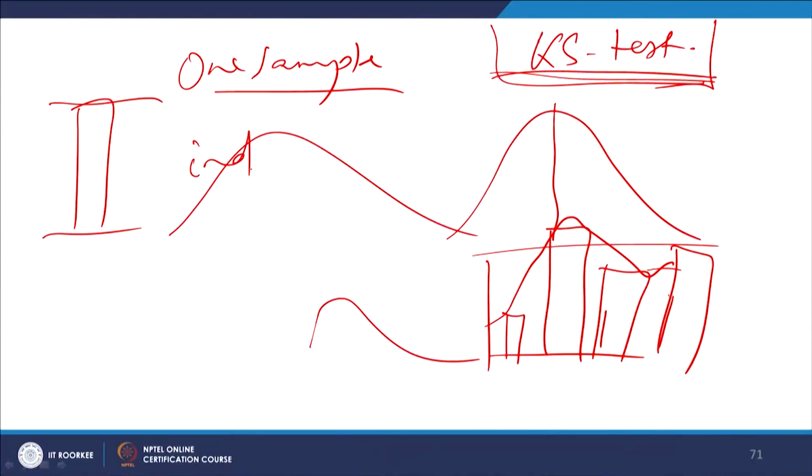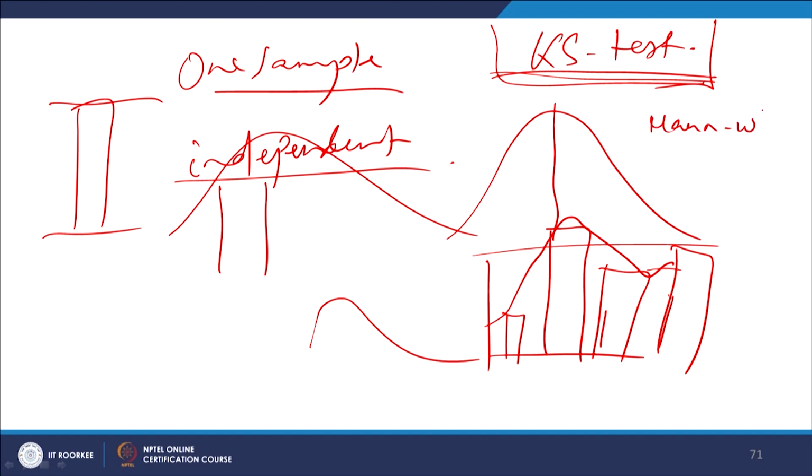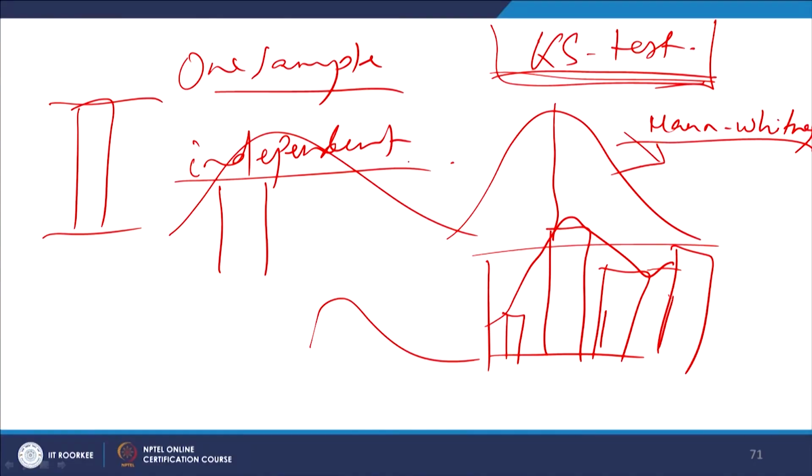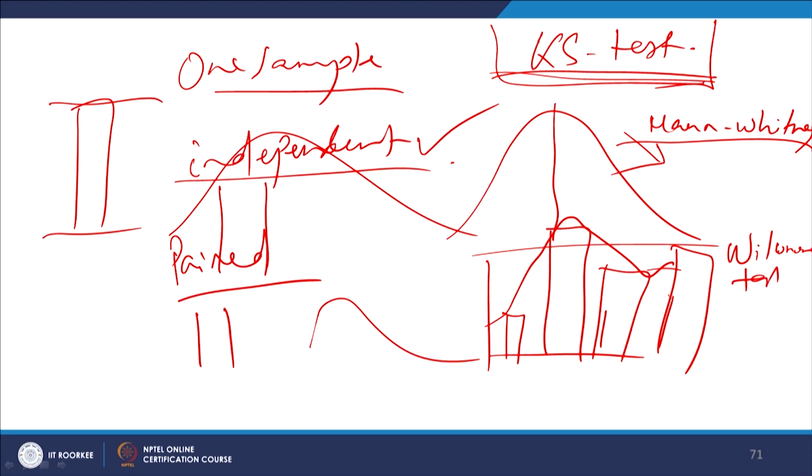You have the independent sample t test, right. When you have an independent sample t test for two groups, in the non-parametric you have a Mann-Whitney test, right, the Mann-Whitney Wilcoxon test. The Mann-Whitney test does exactly the same work that the independent sample t test does, but the point is here the data is not normal and there the data is a normal data. So, these things we have seen. For example, you have a paired sample t test for the same sample group, but done maybe twice. To do that, in this case you have a Wilcoxon test, right. So, the Wilcoxon test helps you to do the same thing, right.